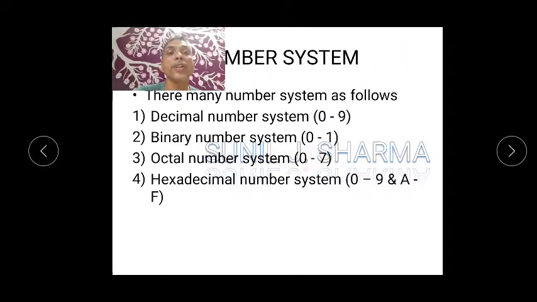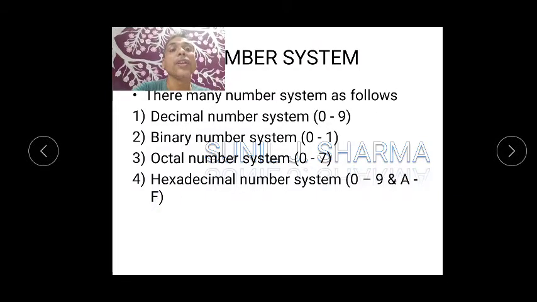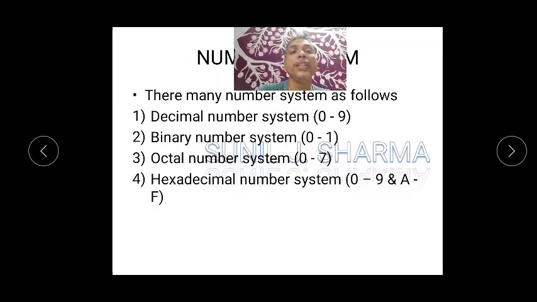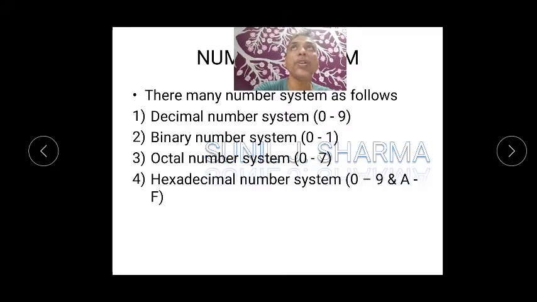Octal numbers, as the name indicates, there will be 8 numbers, that is from 0 to 7, that means it becomes 8. Hexadecimal, there will be 16 numbers. But here we don't have only numbers, we also have 0 to 9, they are numbers, and 10 means A, B, C, D till F. You don't have to go till Z. So today we will study these, and let's see how to change from one form to another form.